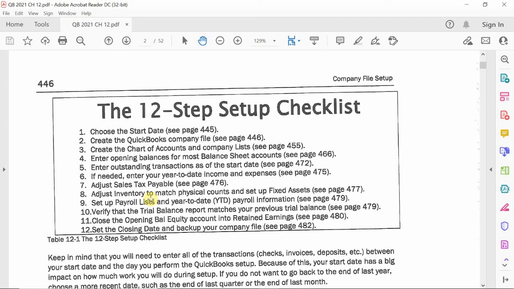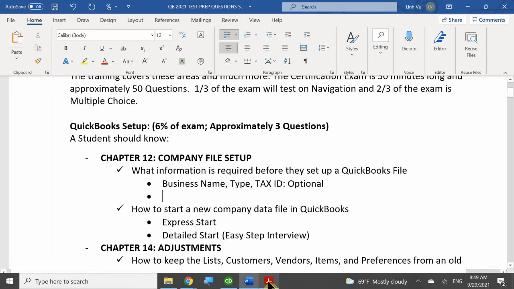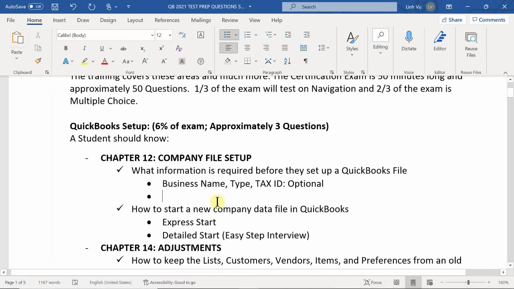But if you're a brand spanking new company, you would only need steps 1 through 4. So you do need a chart of accounts. That's very important, right? You need to set up a chart of accounts in order for you to be able to run your business. You need to know what kind of products and services that you sell, or if you do, right? You need to know what kind of items, what will you use in regards to preparing your company